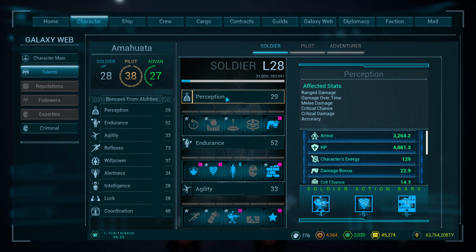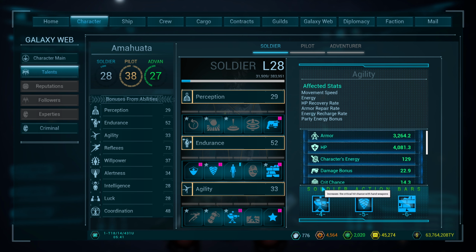We're going to start with Soldier. So, essentially, it works in three parts. Perception is how much damage you do, endurance is how little damage you take, agility is how fast you are, and it includes recovery of your energy so that you can use these things called perks. Starting with perception,